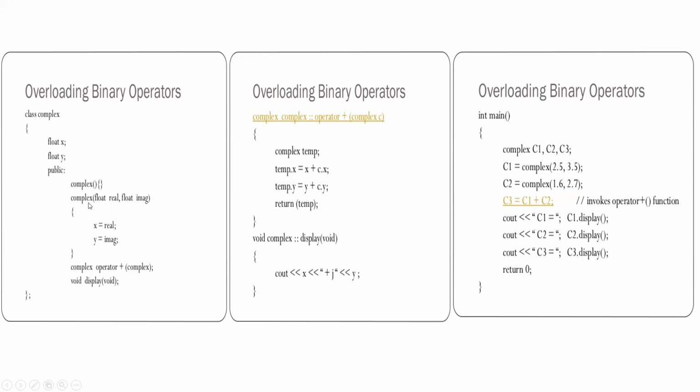So यहाँ पे function overloading तो हो ही रहा है, but this is a parameterized constructor because we are sending the parameters also. So this is a default constructor, this is a parameterized constructor, this is overloading of function. Real वाला part x में जाएगा, imaginary वाला y में जाएगा. ठीक है,